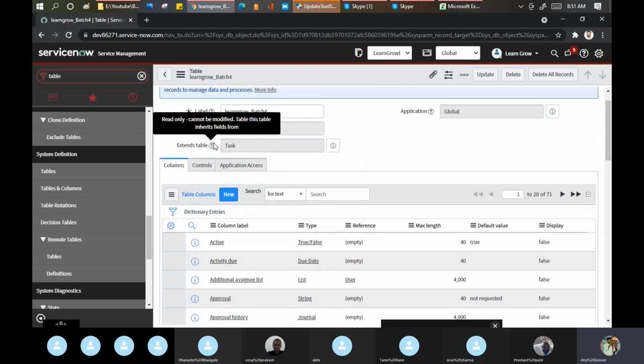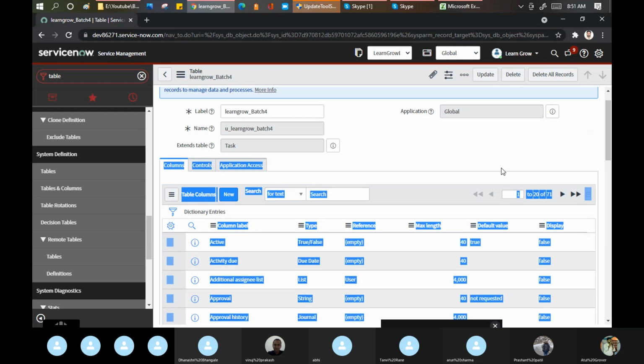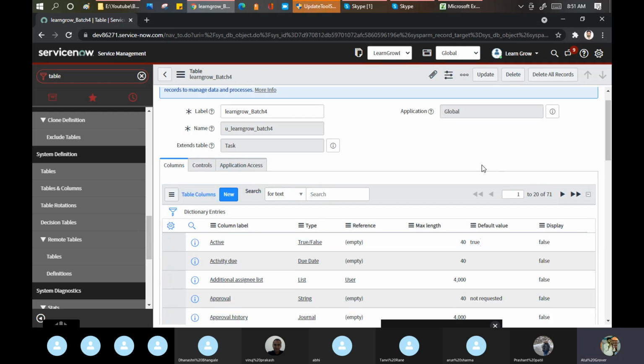Now notice one thing. In the task table, we have 70 fields. Right? Everybody saw that? Yes or no? It is 71 now. In my custom table, it's showing 71. Why?